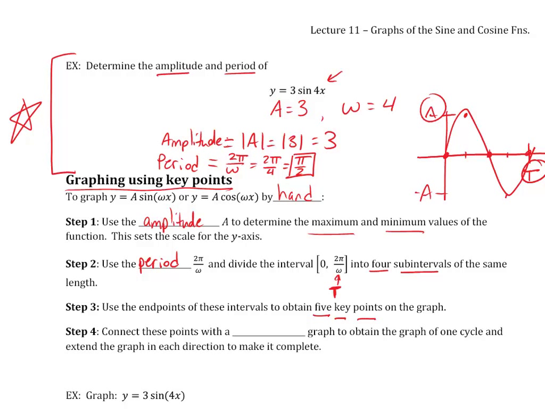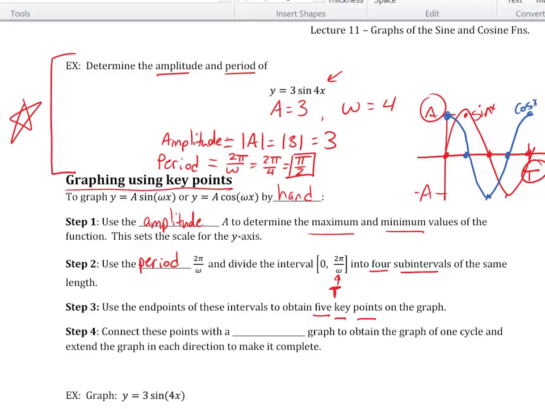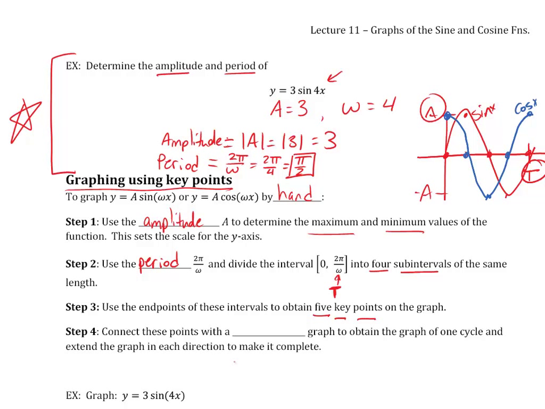If you did a cosine function, it would start here, come down, and back up this way, and this cosine function would look like this, whereas the sine function was the one in red. And you can graph each one of them individually just using those 5 key points. Once you've got those 5 key points, then it's simply a matter of connecting the graph,